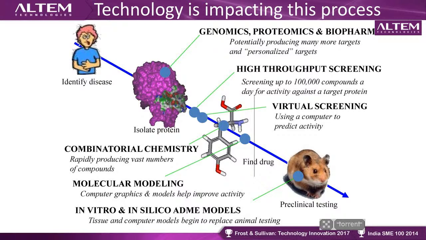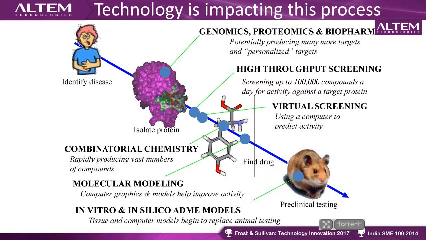As I explained, once we have identified a disease condition and the various approaches, we then have to isolate our protein structure. From where can we identify or isolate our protein structure? We have genomics, proteomics, and transcriptomics, where these terminologies come into the picture. We can do the high throughput screening of lakhs of molecules to proceed further for the